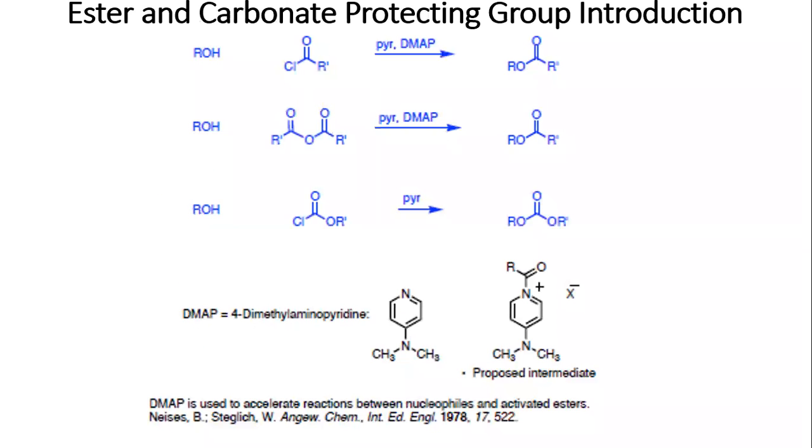And then here, this is the methodology for attaching them. Again, you can start with an acid chloride plus your alcohol with pyridine and DMAP. You can do an anhydride with your alcohol and pyridine and DMAP, or with the acid chloride, the base is not necessary. You just use pyridine. Let me take that back. The DMAP is not necessary. DMAP sometimes acts as a catalyst, but you don't need DMAP with the acid chloride because